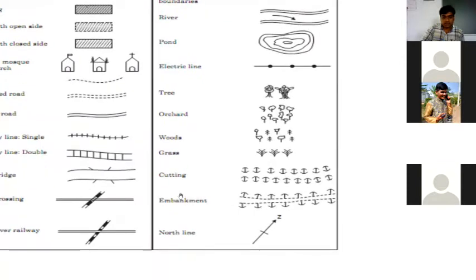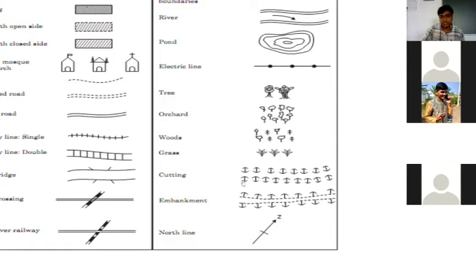Grass. And next one, cutting. Cutting means, if you are going to construct a road, the first thing we have to do is make the level of that particular ground where we're going to construct the road. To make up the level, wherever more sand is coming, there we're going to cut off this section. And wherever less sand is coming, there we're going to fill the sand. So there, we're going to have the cutting.